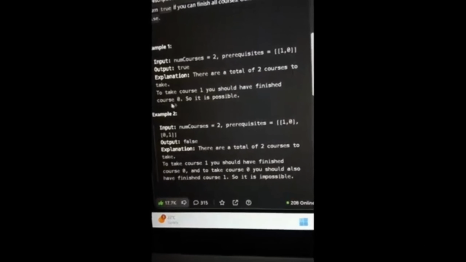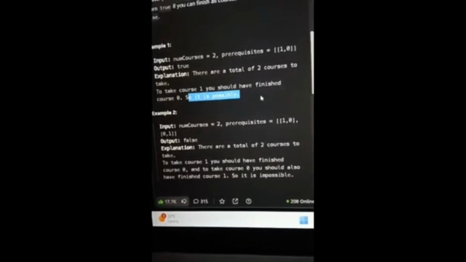And there are two examples. Two courses, and the output is true. There are a total of 2 courses to take. To take course 1, you should have finished course 0. Yes, so it is possible. Now we have this second example. Read this one, and there are the conditions given below. The number of courses can go maximum up to 2000, and the prerequisites vector array length can go from 0 to a maximum of 5000,